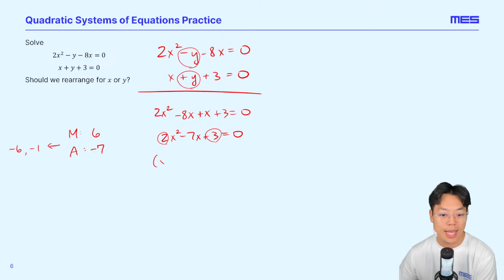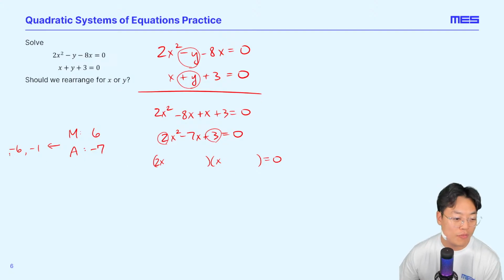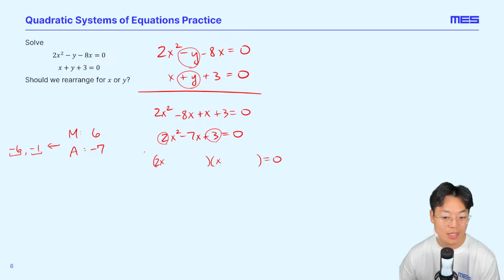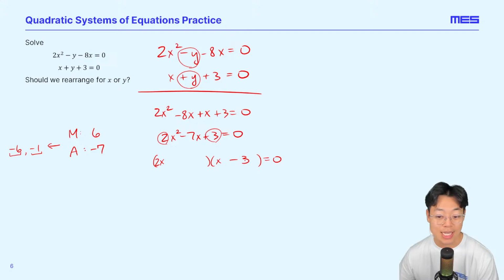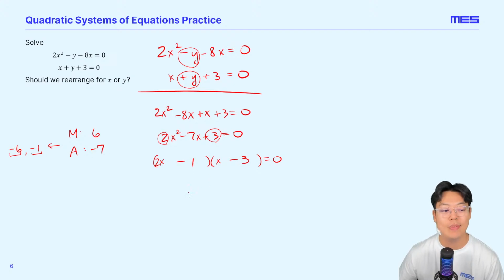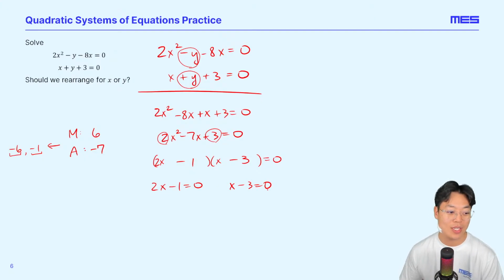So I put x and x, but I know one of these x's need a 2 in front of them. Now, which one of negative 6 or negative 1 is divisible by 2? The negative 6. So I put a negative 3 here instead, because negative 3 times 2 is negative 6, and that minus 1 here, and it checks out. So I get 2x minus 1 is 0, x minus 3 is equal to 0,